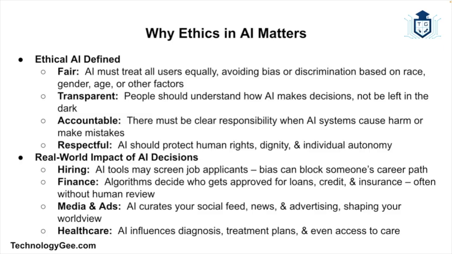Now, these are big ideas, but they're not abstract. They show up in the real world every time an AI system makes a decision about whether you get a job interview, what kind of loan you qualify for, which news stories or ads you see, or how your medical treatment is handled. And when AI impacts people's lives, it has to be ethical. Otherwise, we risk creating systems that are invasive, unfair, or even harmful. And that brings us to the backbone of ethical AI, and that is data privacy, consent, and user protection.